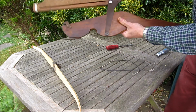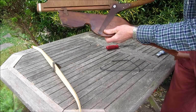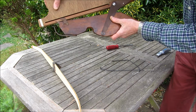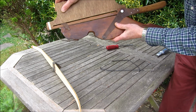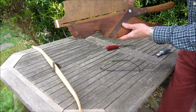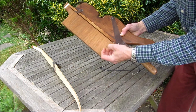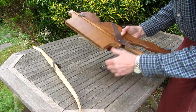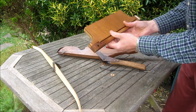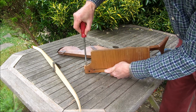Now this assembly, you can see it's pretty simple, just pivoted there and there. The clever bit is this pin going through this bit of the magazine assembly that slides into these two grooves, holds it in place, stops it all rattling up and down while it's being shot. Little pin there. If I pop that out, push that out, there's the magazine. All we need to do now is unscrew the screw at the back,